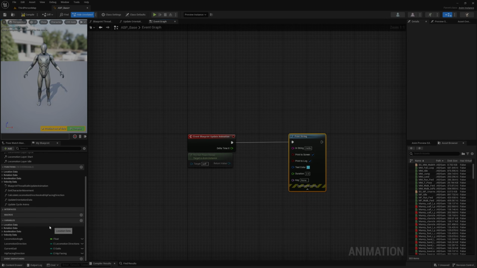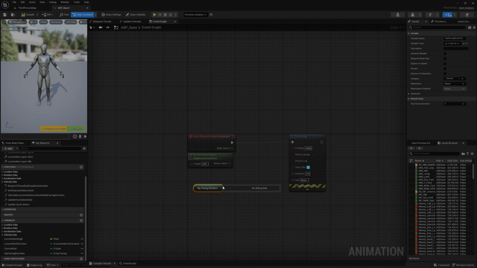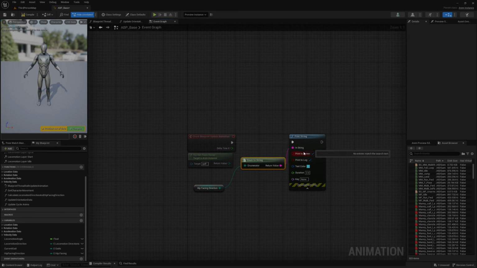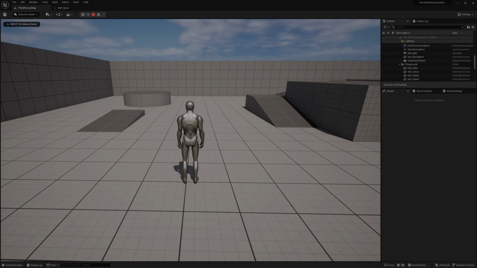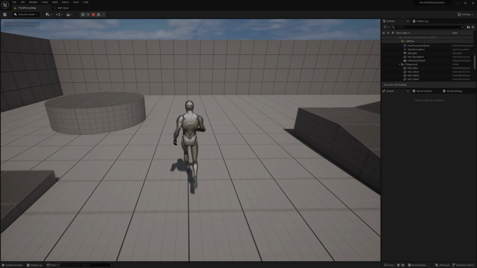Now that I have this print string node, I'll bring out my hip facing direction variable, plug it in to the in string input, and a conversion node will automatically create it, and there are conversion nodes for most variable types. I'll set the duration to 0, as this is going to be called every frame. If it was set to 2, the string would remain on the screen, and we'd get a whole line of strings that would never leave the side of our screen. I'll compile, save, and go back into the third-person map,